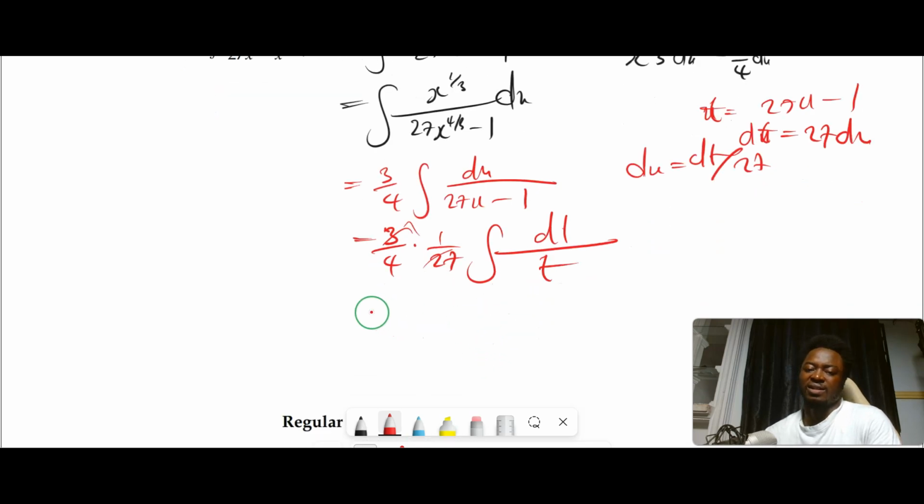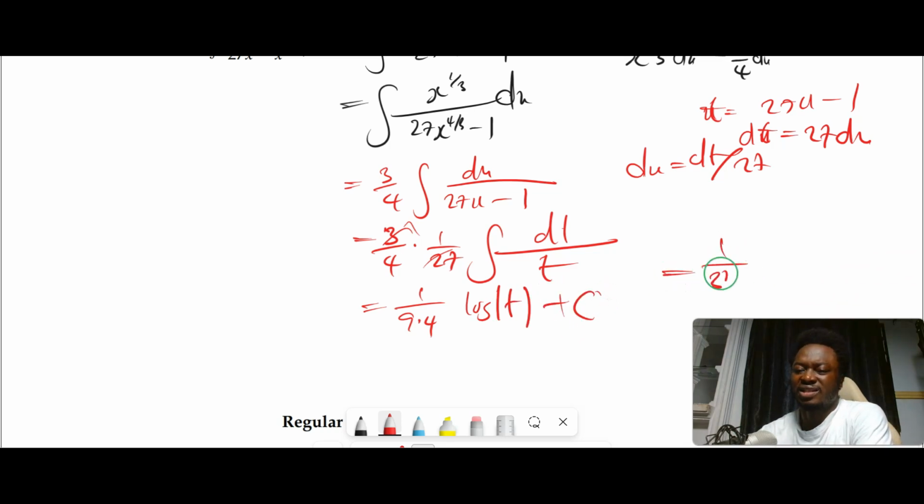So that would be 1 over 9 times 4. 9 times 4 should be 36 here. So logarithm of t plus c, which is going to be, I think, 1 over 36 times